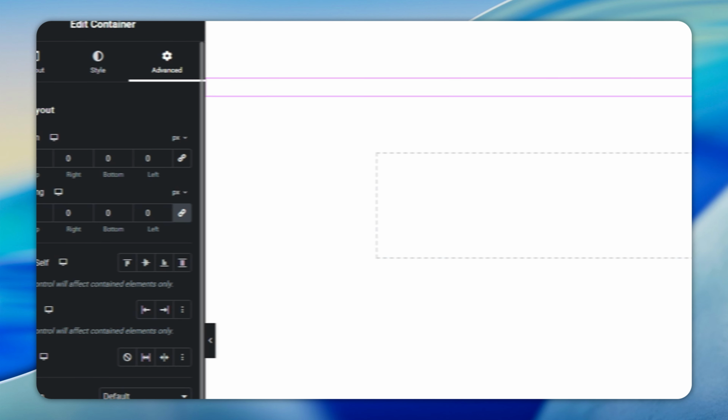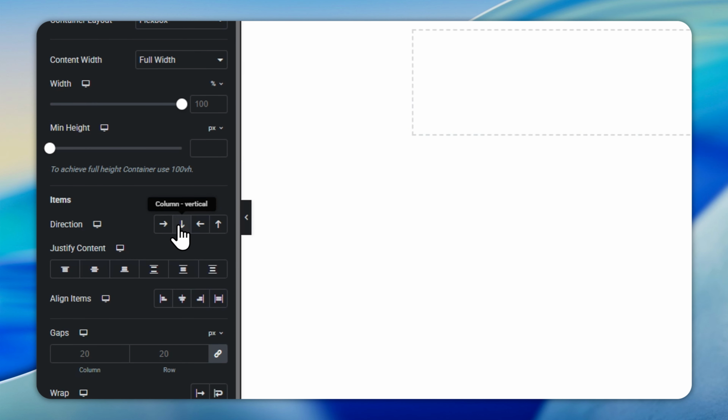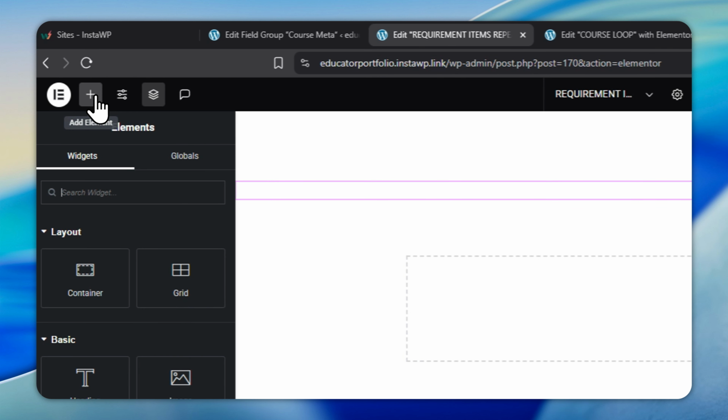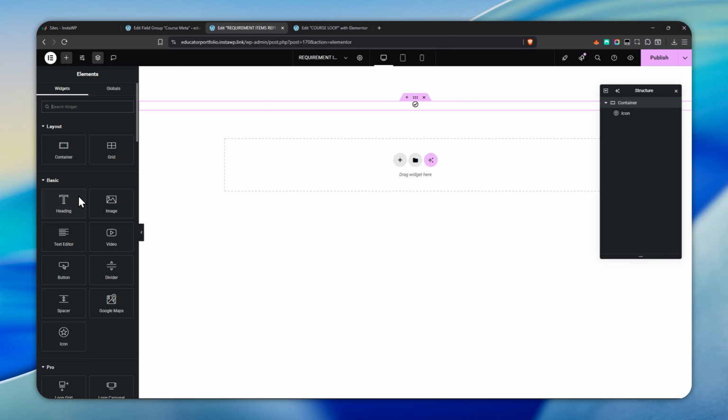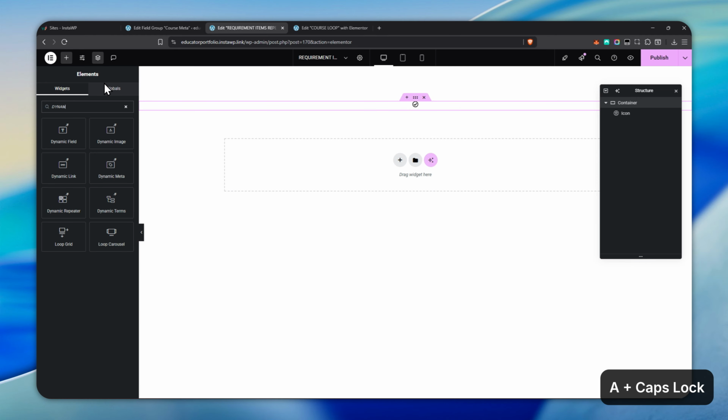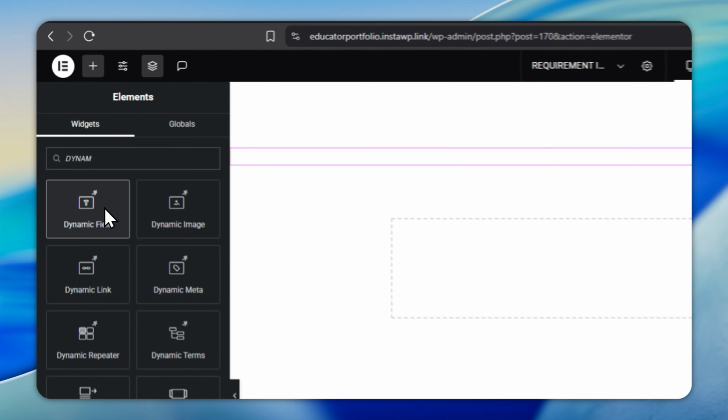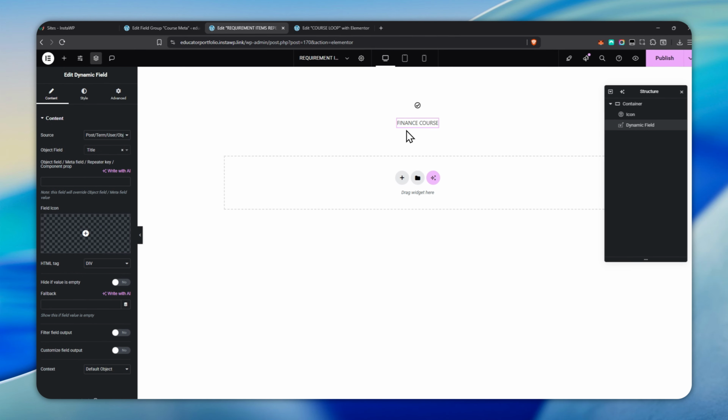Now we're going to align this using Flexbox, center, center, center. Okay, let's add in the text itself. So you would think you should use heading if you want to add in that text. What you need to use is dynamic field, because if you use text, you will not be able to get the